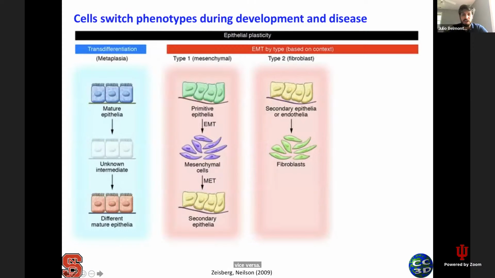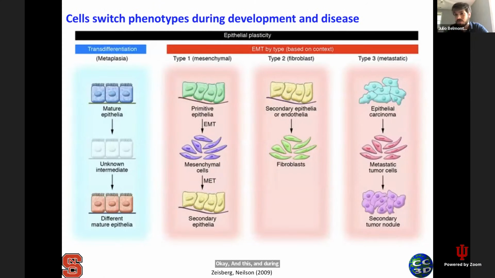And during development, the cells actually undergo many of those transitions. You can have a primitive epithelia that becomes mesenchymal and then creates a second epithelia somewhere else in your body, or you can just have epithelia that transforms to fibroblasts, which is another type of mesenchymal cell, and you can have epithelial-mesenchymal transition, something that actually